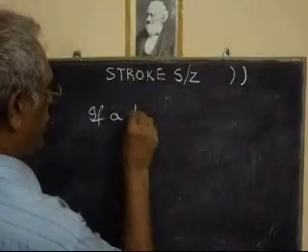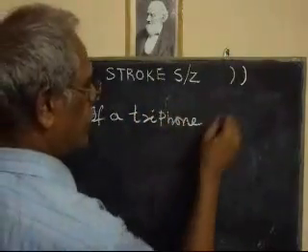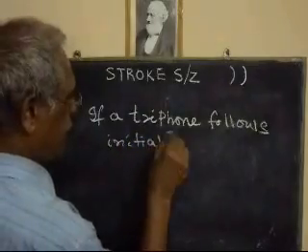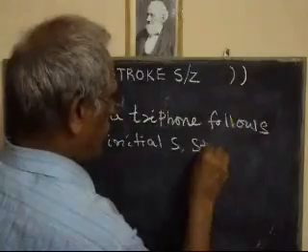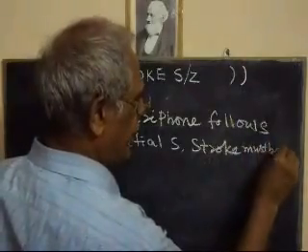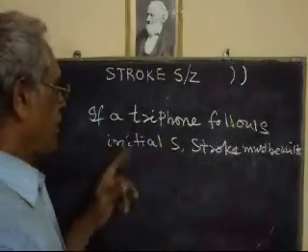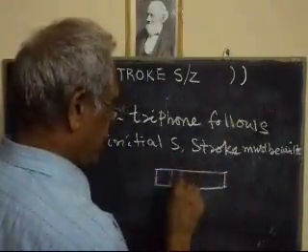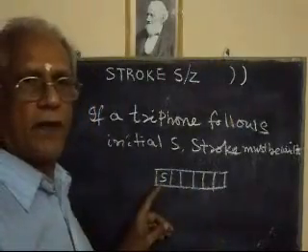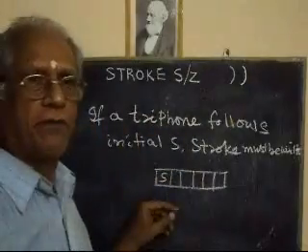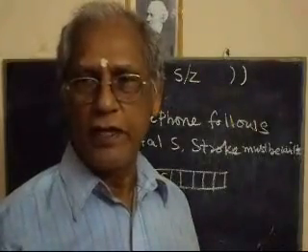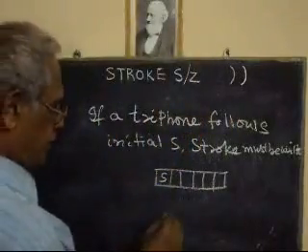If a triphone follows initial S, the stroke must be written. That means initial S. In the word, the first consonant must be S. Immediately, there must be a triphone. Triphone means a vowel following the diphthong sound. Okay. Triphone, for example,